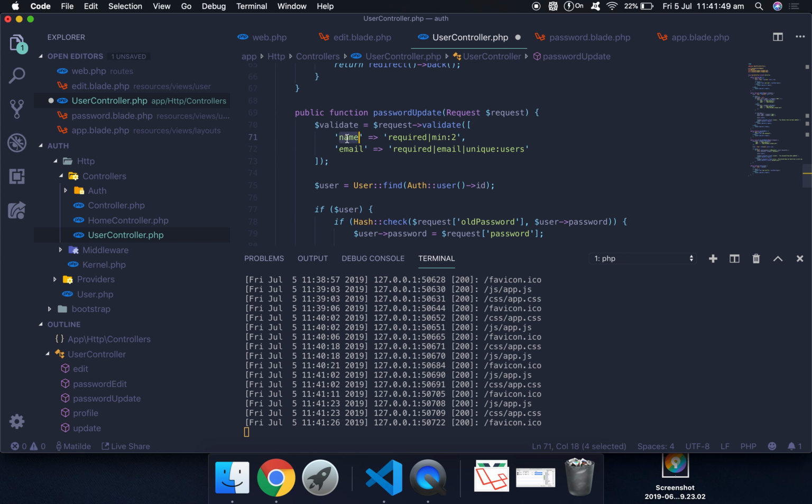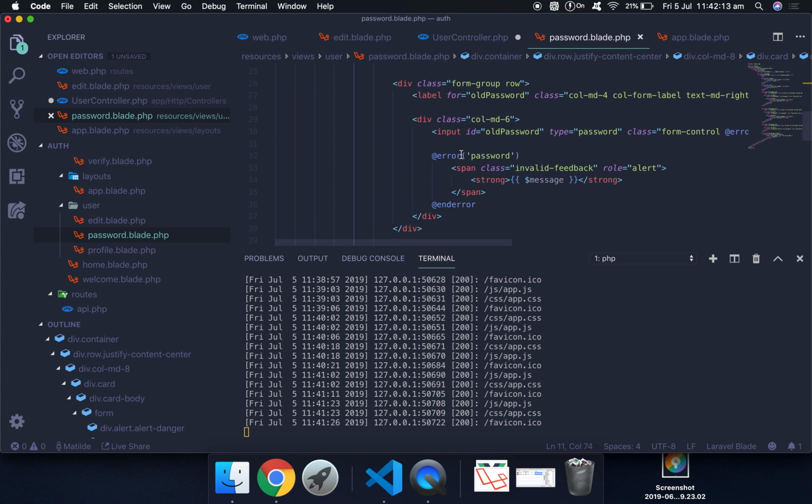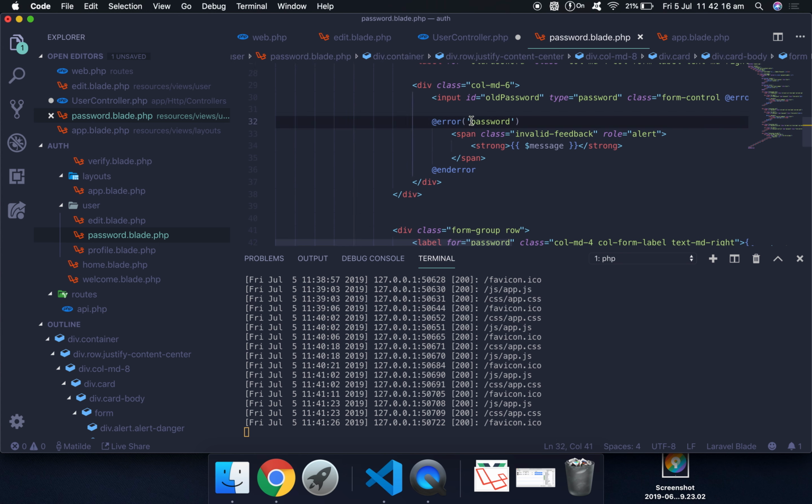And we want to say old password, and we want to say required, minimum 7, and we want to remove this here. And then we want to go in here and we want to first of all ensure that we have everything like it should be. So if we say old password here,